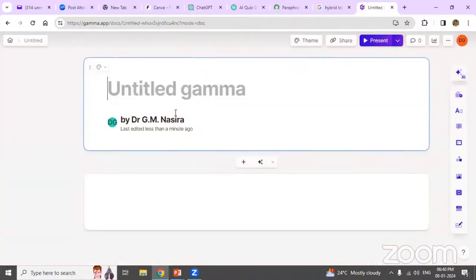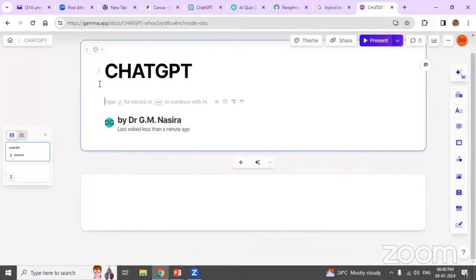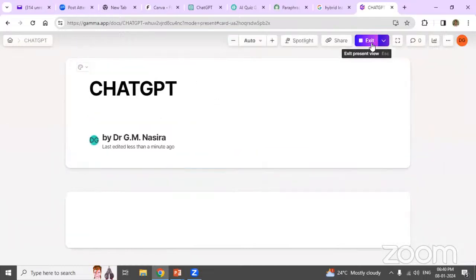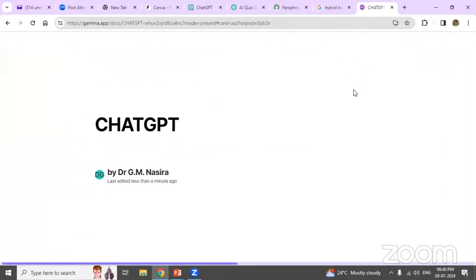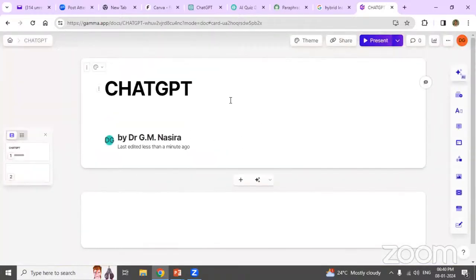Let me try a new one. I don't think I will get unlimited Gamma. Not sure. So when I gave the topic, it is giving me only one slide because I have crossed the limit.